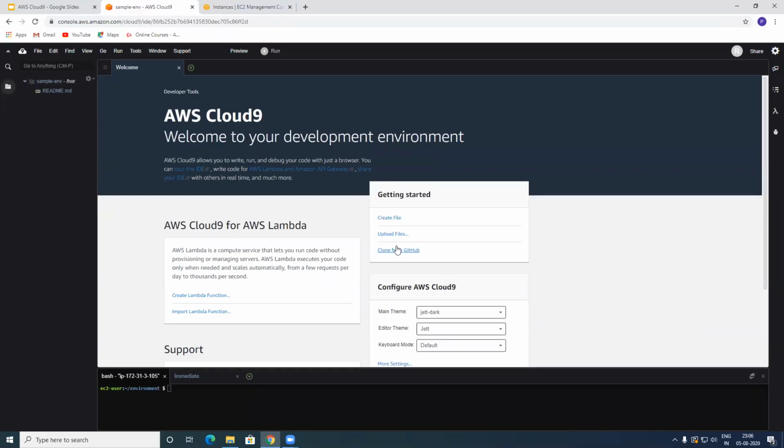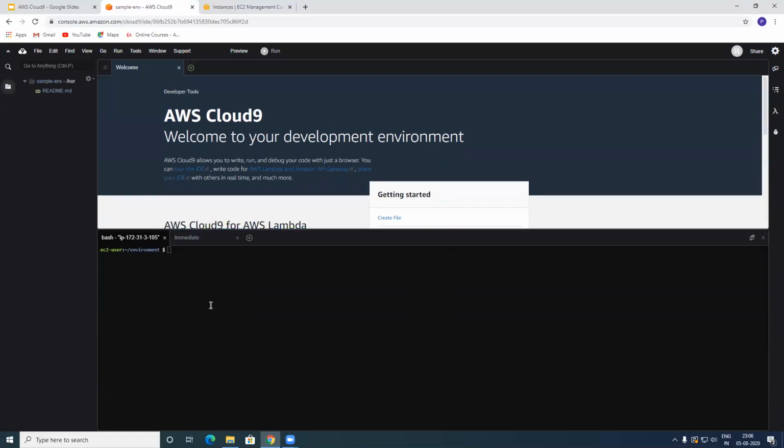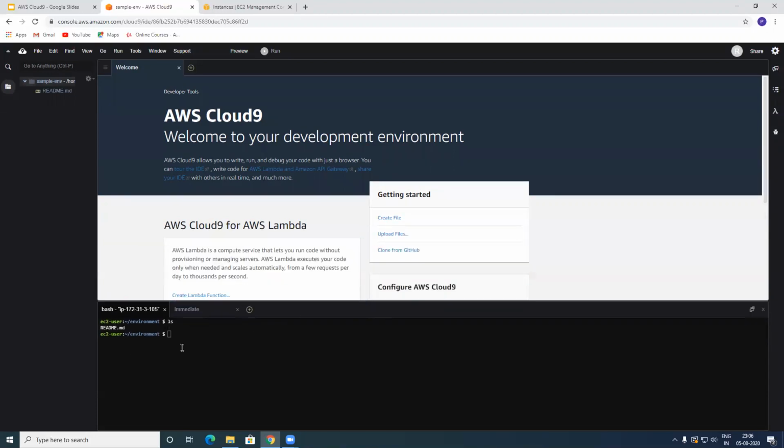Okay, amazing. It's ready right now. We are getting started with this. So the way that you would traverse through this is you have the terminal on the bottom. So you can write all of your Linux commands over here. So you do have a readme.md file. You can do all of your git commands. I hope git should already be there. So let's see git --version. Okay, so git is already there. Let's see aws --version. Amazing. So it already has the AWS CLI pre-built and installed.